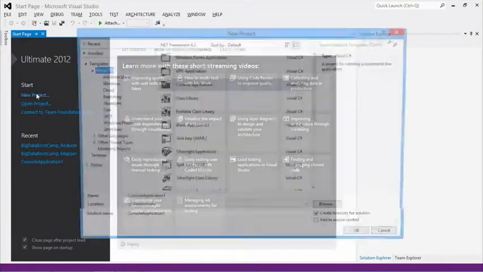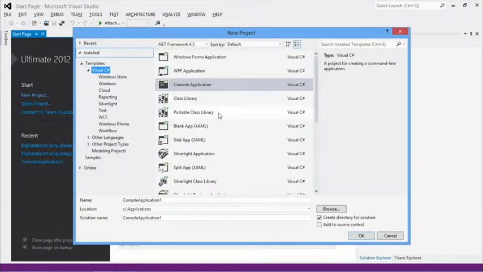Yeah, thanks, Saptak. So what I'm going to be doing today is going through and showing you a basic LINQ to Hive query example with Visual Studio. So the first thing I'm going to do is, I've already launched Visual Studio here as my environment. And I'm going to go ahead and create a console application and call it